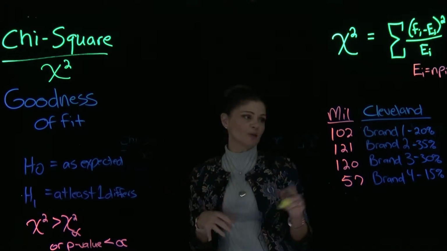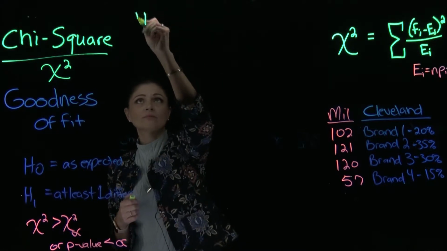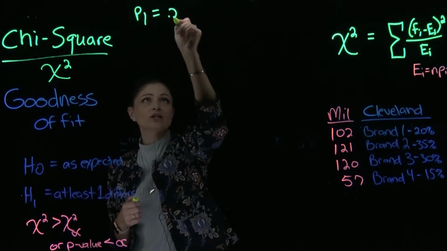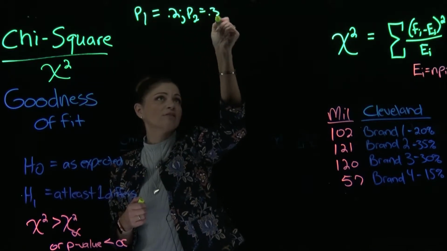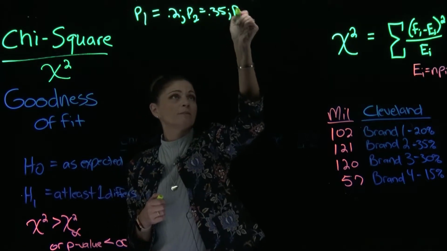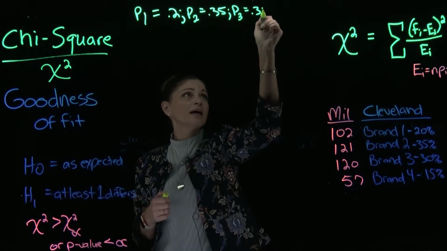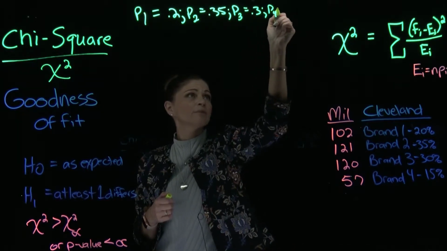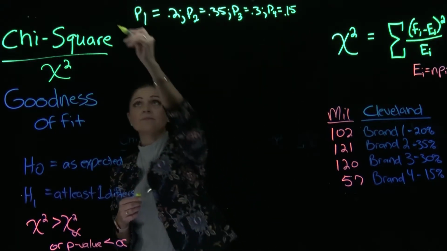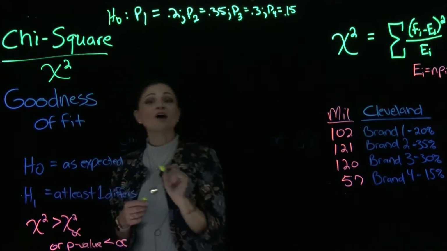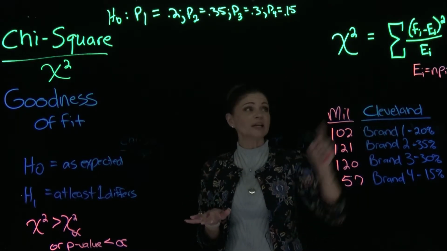So from a hypothesis perspective, our null hypothesis is that brand 1, or P sub 1, equals 0.2, P sub 2 equals 0.35, P sub 3 equals 0.3, and P sub 4 equals 0.15. That's our null hypothesis. Our alternative is that at least one is going to be different. So the first thing we have to do is figure out our E so we can plug it into our